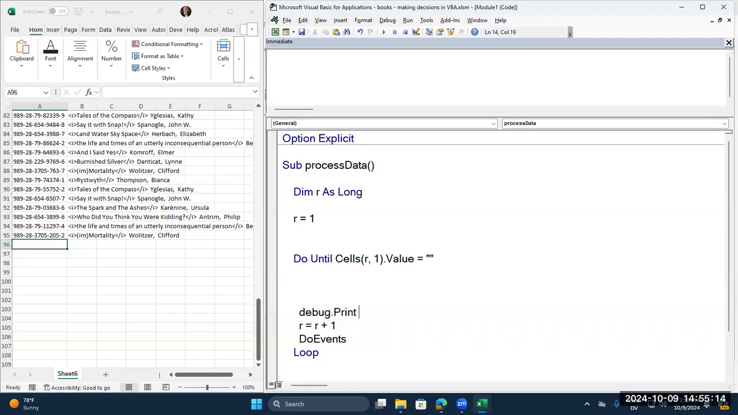Debug.print. And let's just print something. What should we print? Let's print the row. Let's go ahead and print the cell's value. Cell R1 dot value. And again, the debug print is just going to print that up here in the immediate window, right? So when I run this